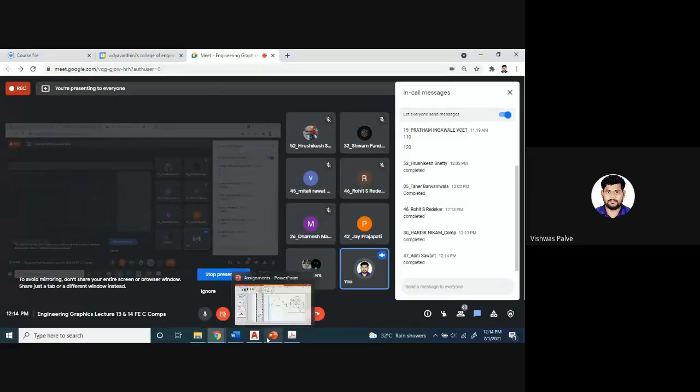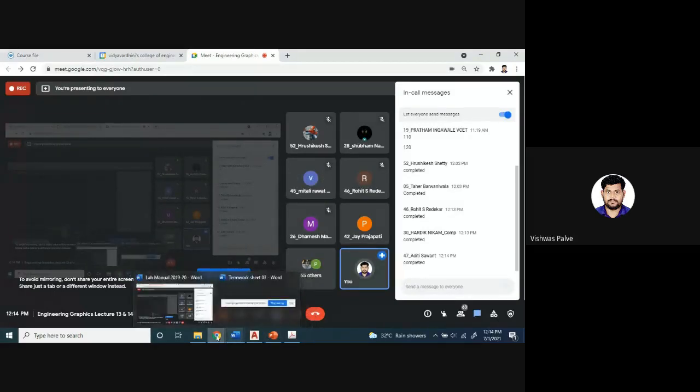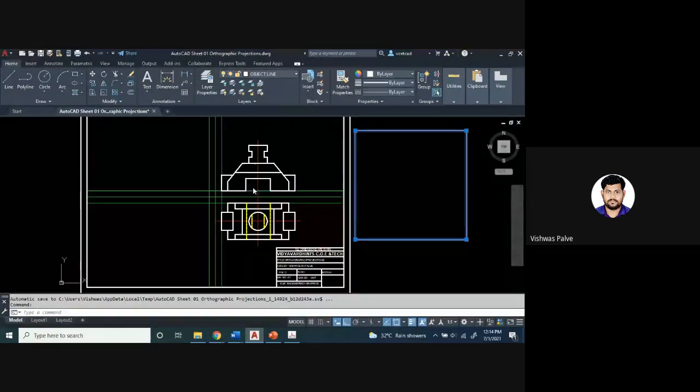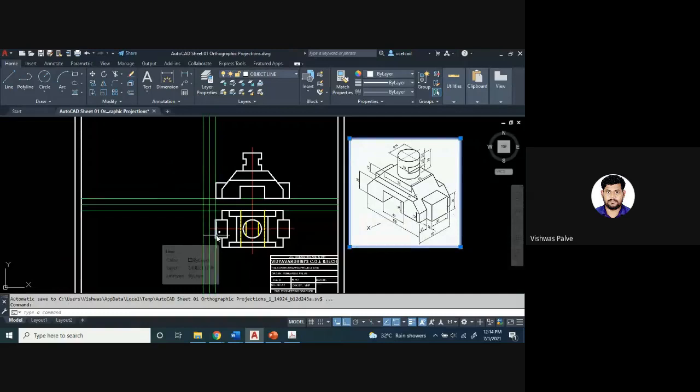Okay, so we'll proceed with the side view. Now, if I want to complete the side view, please take care of that. We are going to draw it with a 45-degree incline angle. On a normal paper, this is the actual practice we'll see first.